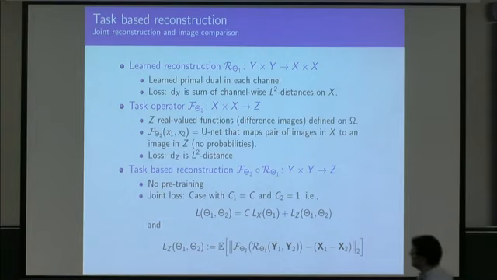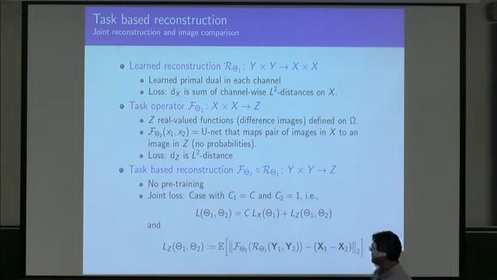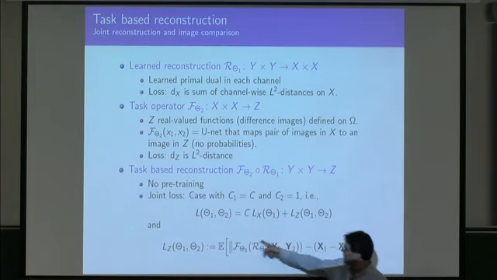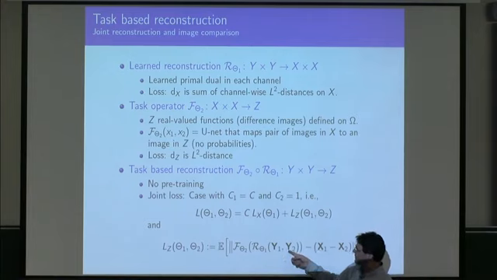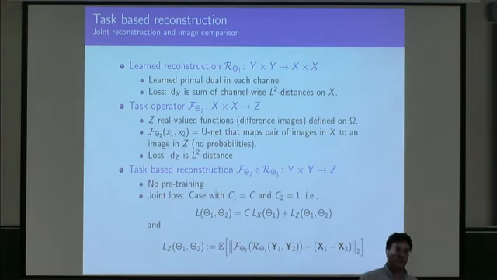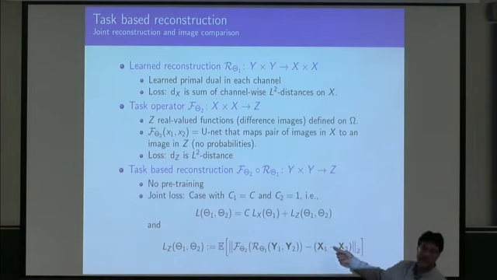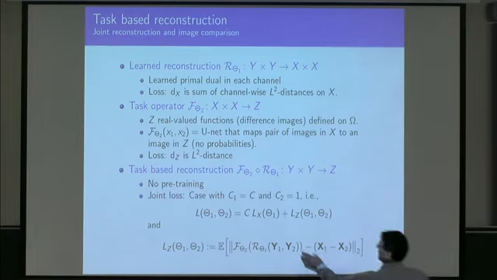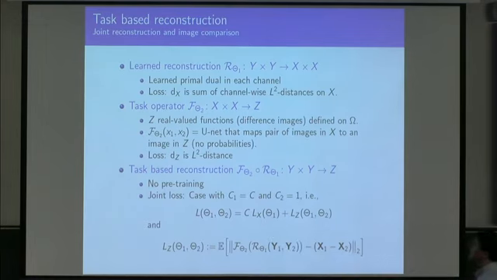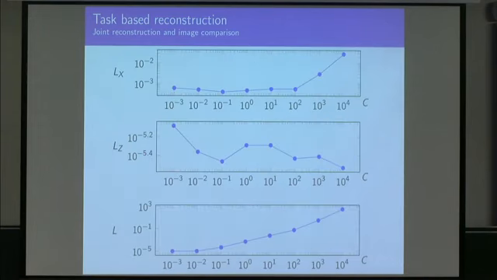And here, of course, this term is a bit more complicated. It inevitably depends on both parameters here. What are you doing? You're taking the reconstructed pair. This outputs a pair of reconstructions that is fed into the neural network that is supposed to give you the difference image, and that's then compared against the real difference in your training data. Okay? And then you're training this thing plus the reconstruction channel itself.